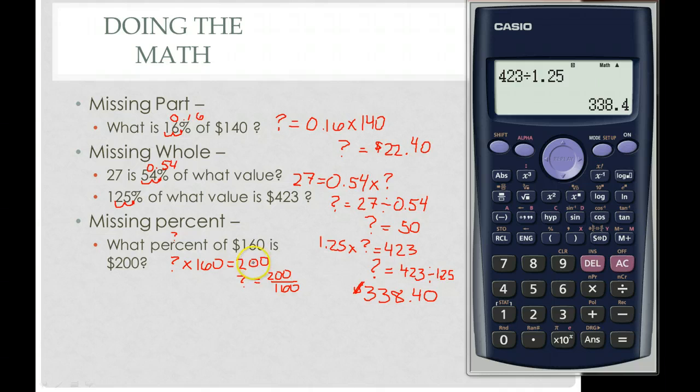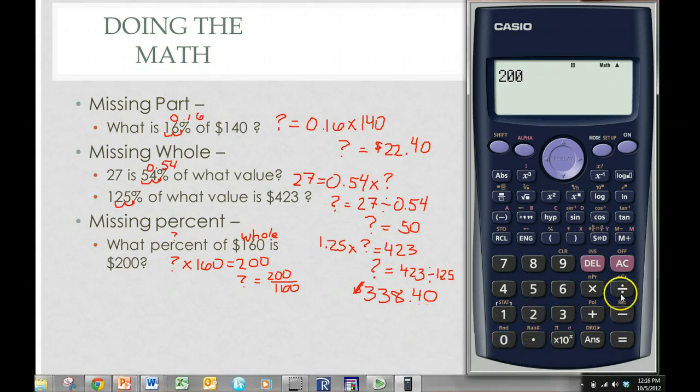That's a fraction. So again, don't assume that the bigger number is the whole. It's always of the whole. So the 160 is my whole. So I take 200, I divide it by 160. Since the bigger number is on top, I should get something that is bigger than 100%, or bigger than 1. Now, this is 1.25, and